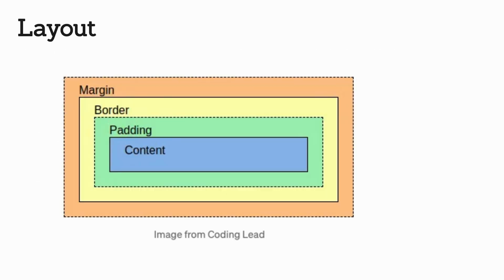So the general layout model we use in HTML is that each element on a page has a content area, here you see in blue, and then it has a border. So a border goes all the way around it. A lot of the times it's invisible, but it's still there. Then there's a padding, which is the spacing from the border to the content. So it's like the inside spacing. And we have the margin, which is the outside spacing.